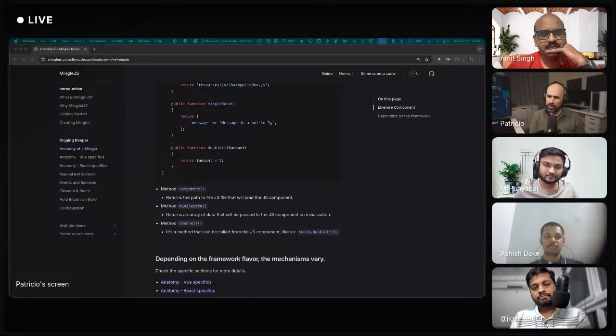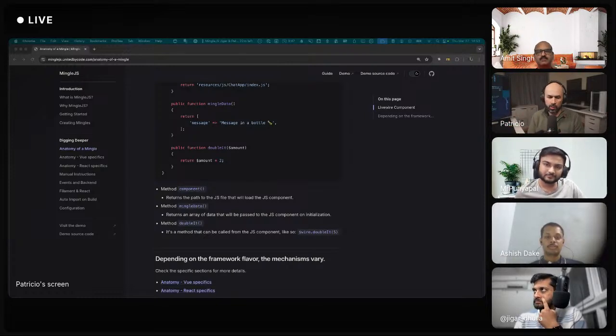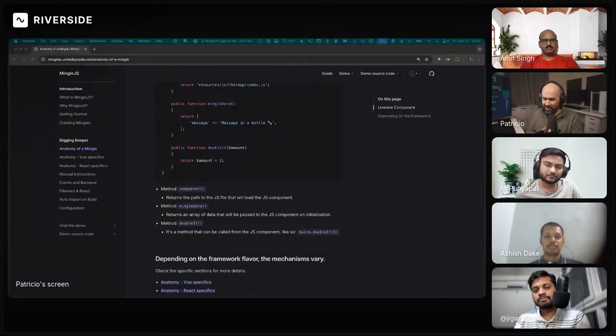is that Inertia takes care of the whole page, right? The whole DOM. And the subsequent navigations are client-side navigation, like a typical SPA, that goes to the server and gets props for the next page. So I don't have much flexibility in changing from page to page. So it's exactly bringing JavaScript, but also keeping Livewire.